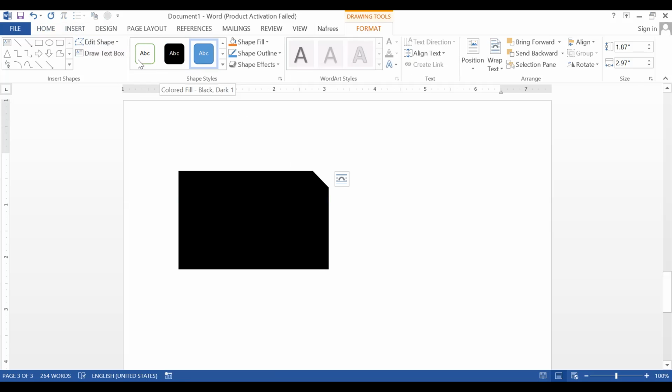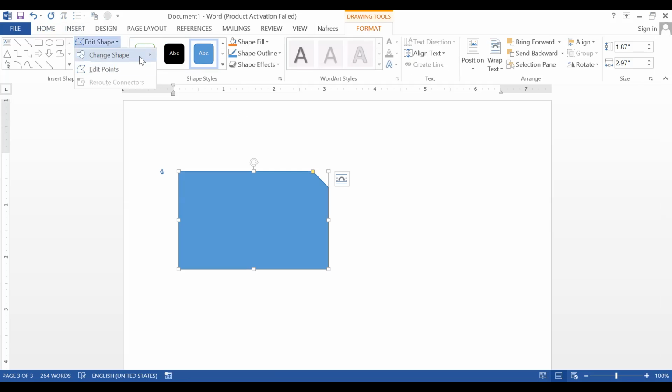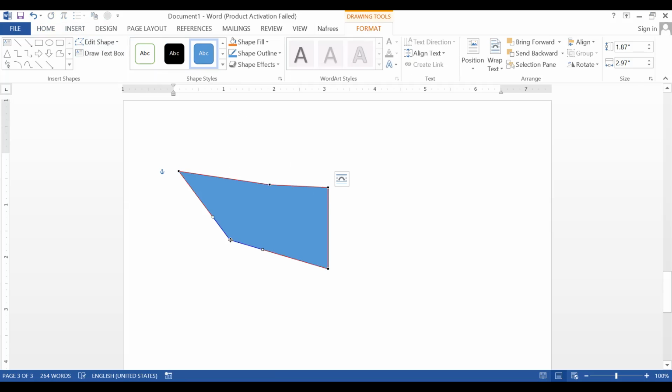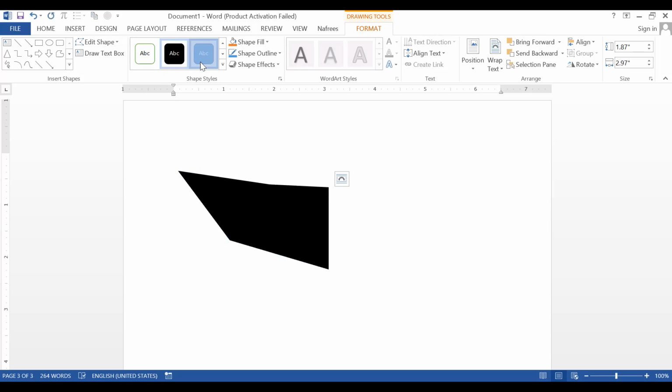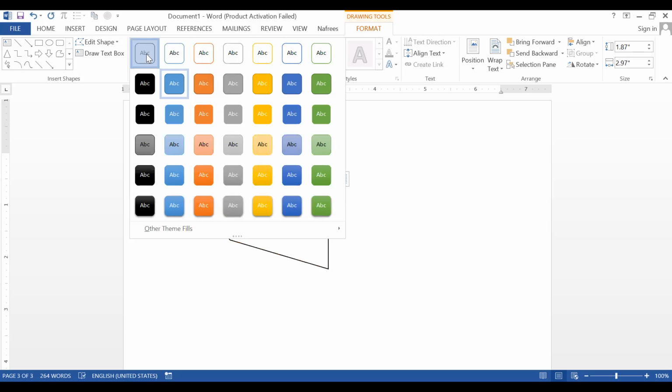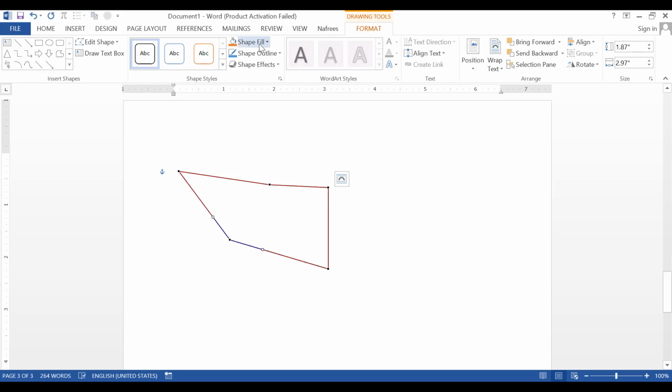See, we can edit the points. So if you want to move a point somewhere else, you can do it after creating a shape. And look at here, the default shape color, or else you can create your own color. These things can be found from here.